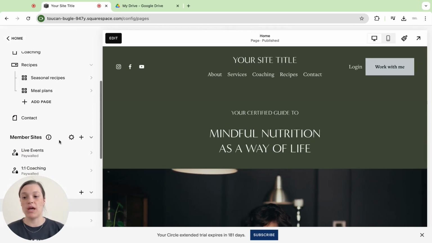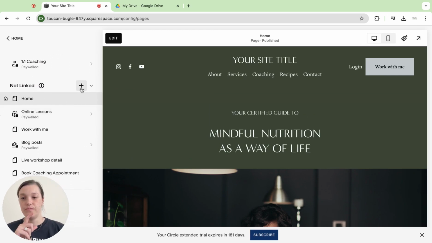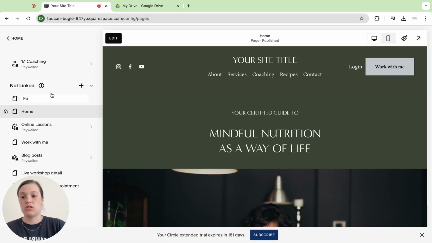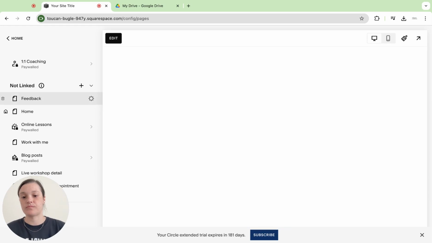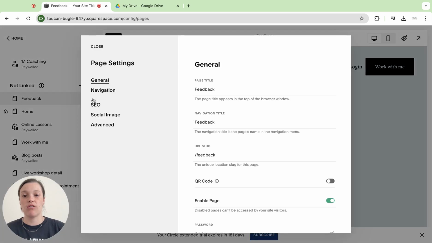to create a new page for this. So we want it to be a not linked page. So we're going to go down here and hit the plus sign and just do a blank page, and we'll just title it feedback. So first thing I'm going to have you do is hit on this gear icon, and